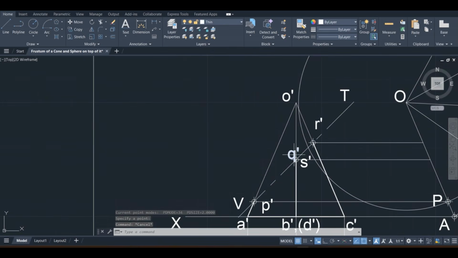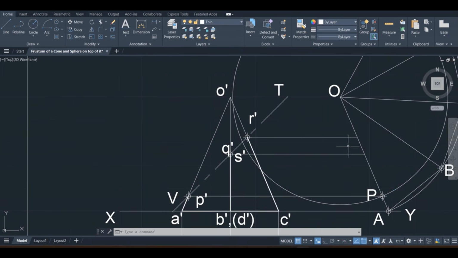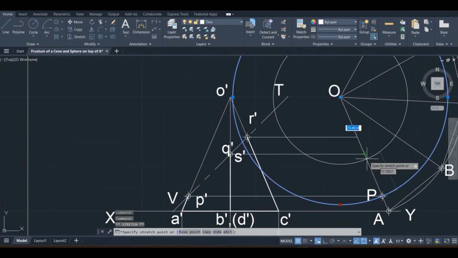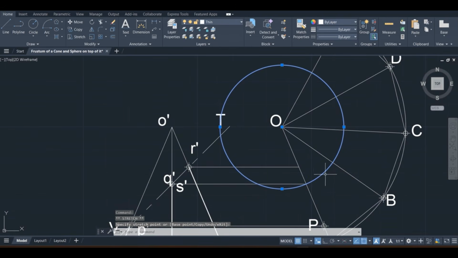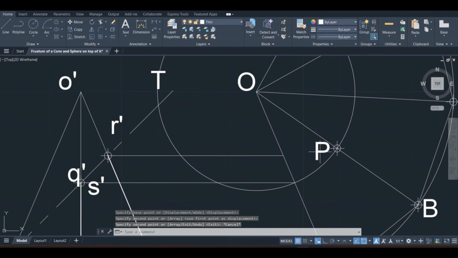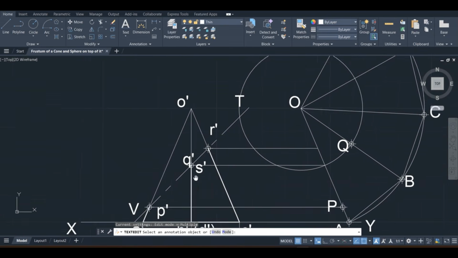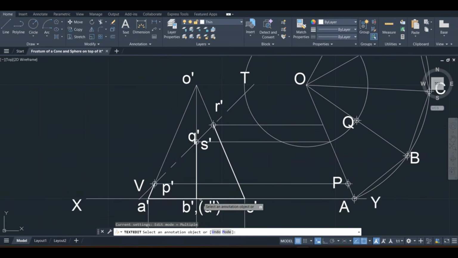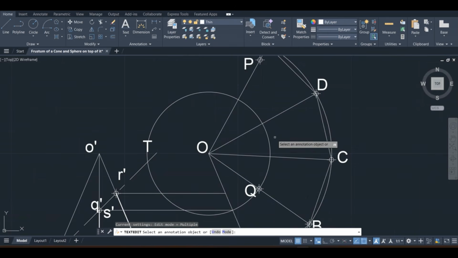Next we have point Q on BO slant edge. Now change the circle radius to this point. Now the circle is intersecting BO at this point. Mark there point Q. This is point Q. Also at the same height, it is intersecting the DO at S. So mark the point S on DO.